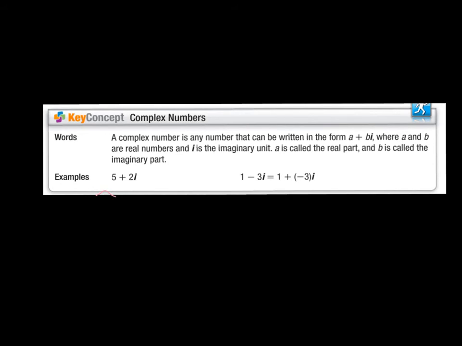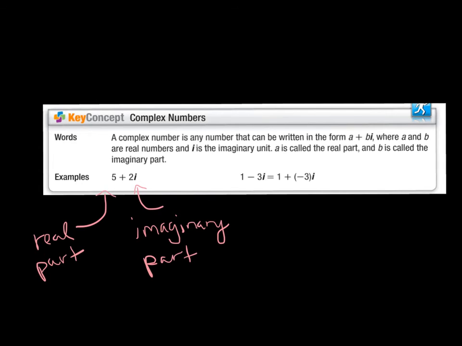You can even write this. 5 is real. And the 2i is the imaginary part. Okay? So if we're looking over here at the other example that they gave us, we've got 1 minus 3i. So it's like saying 1 plus a negative 3 times i. That's just another way to write it. So you can write it either way. Okay, because the complex number form is a plus bi,